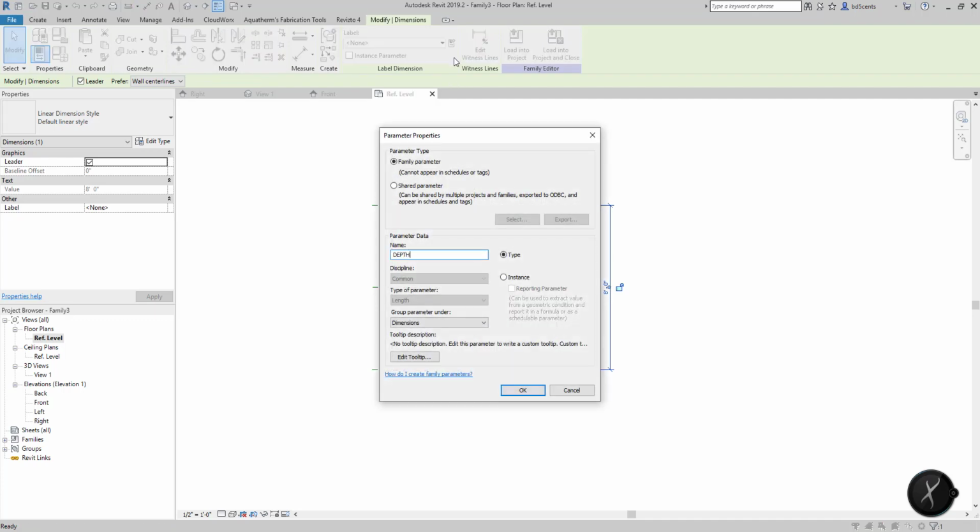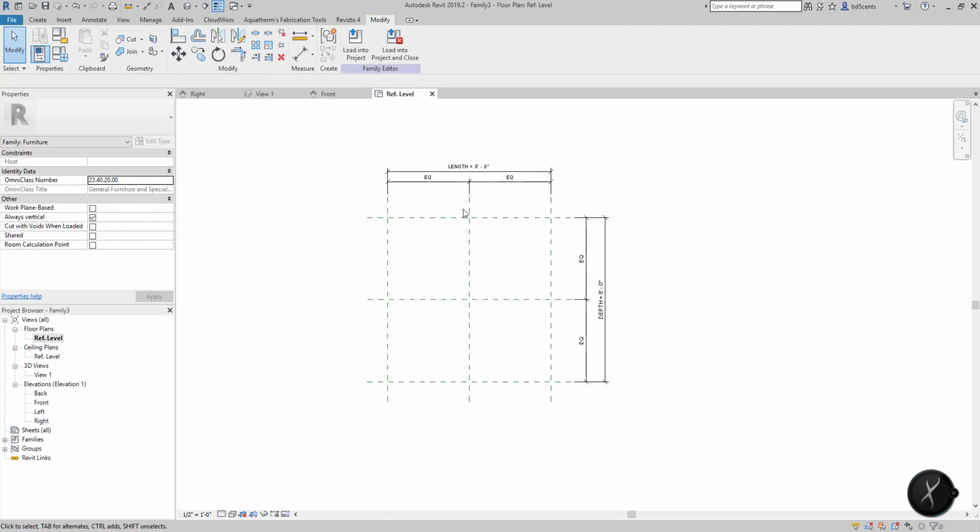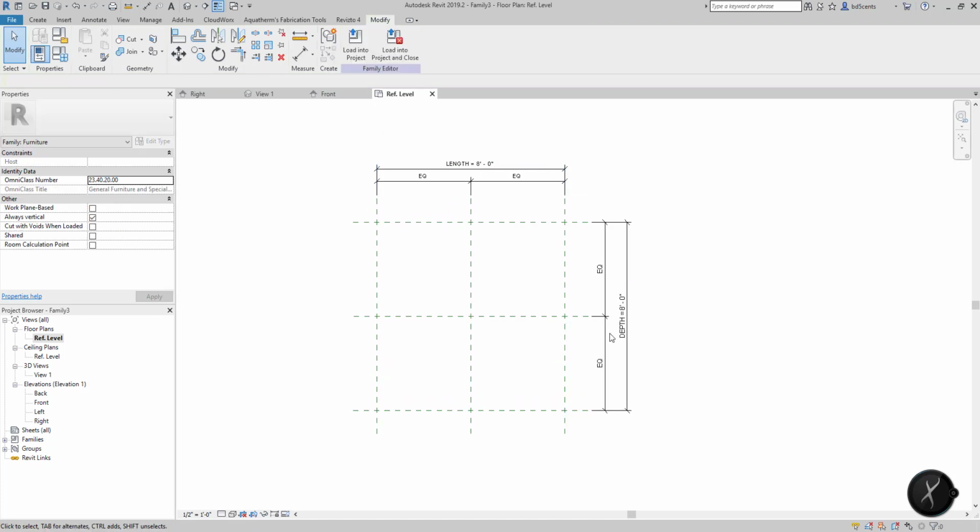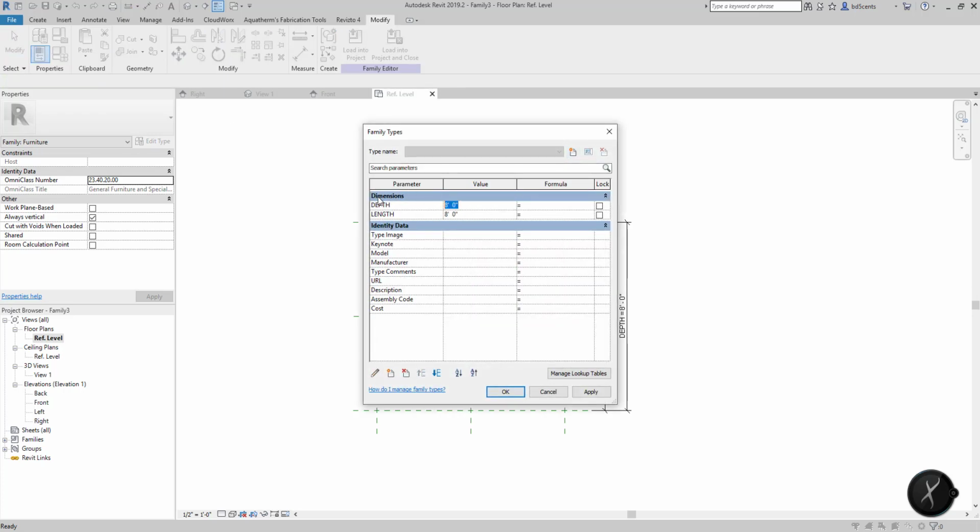So we're going to call this one depth, and we're going to notice that this is associated to dimensions. It's a type-based parameter, meaning as we drop the drop-down based on the type that's selected, it's going to update that value as opposed to instance. We'll get a little bit more into type and instance-based values shortly, but for right now, length and depth are primary and very important. So we're going to change the length to 6 feet. So we'll come up here, and we'll change length to 6 feet. Sorry, that's depth. We'll associate depth to 4 feet at this point, and we'll set length to 6 feet at